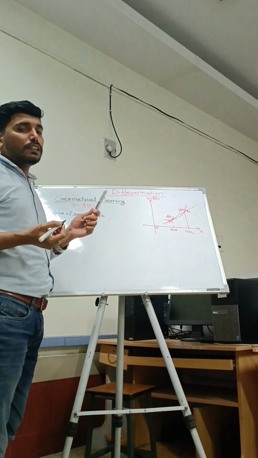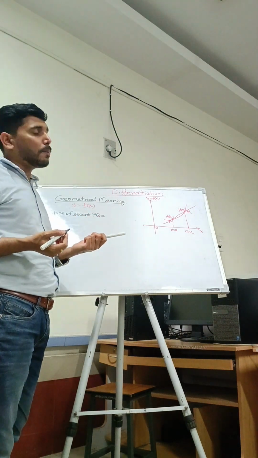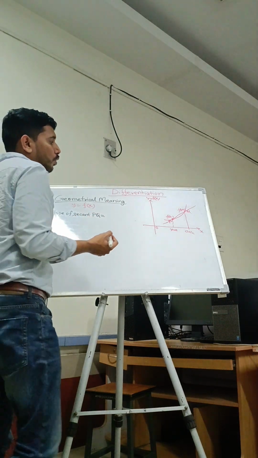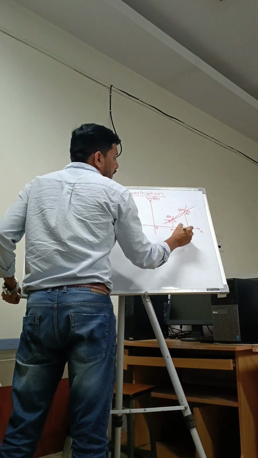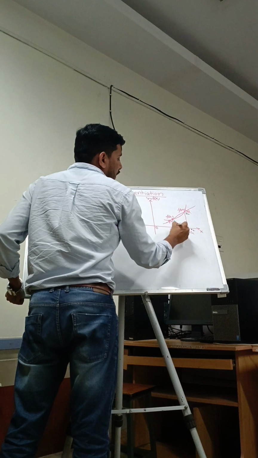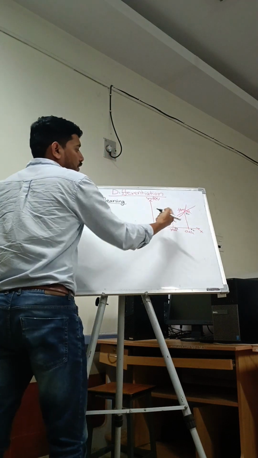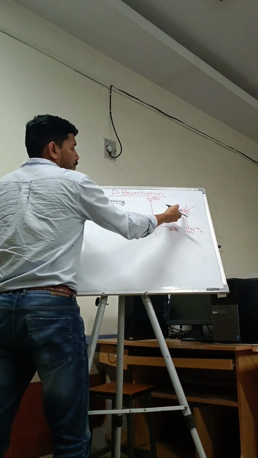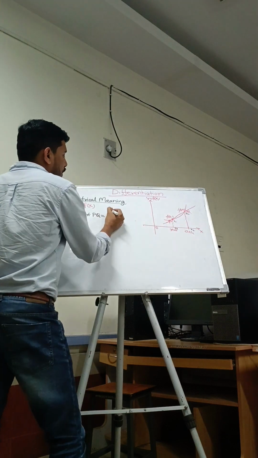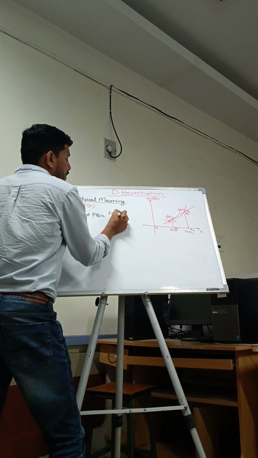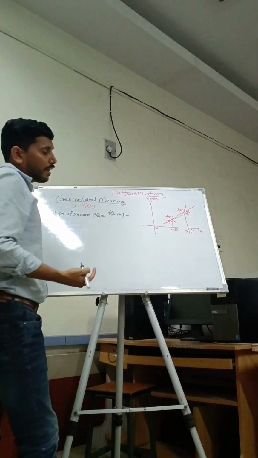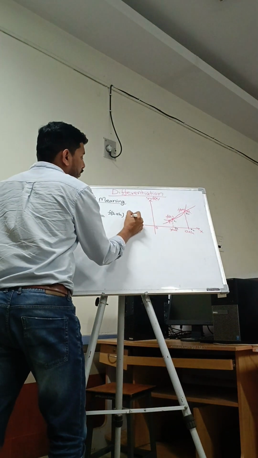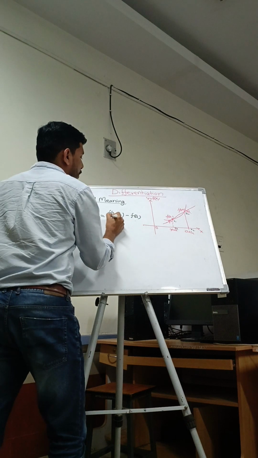Slope is what? y2 minus y1 upon x2 minus x1. So here this point is y2, this point will be y1, this point will be x2, this point will be x1. So change in y is y2 minus y1. So what is y2? y2 is our f of a plus h, minus y1. What is y1? y1 is f of a.